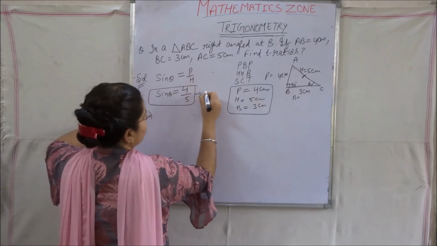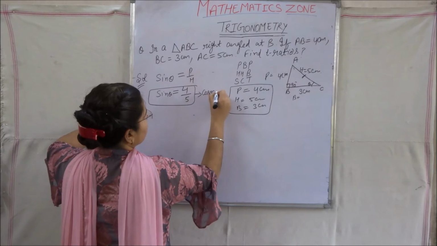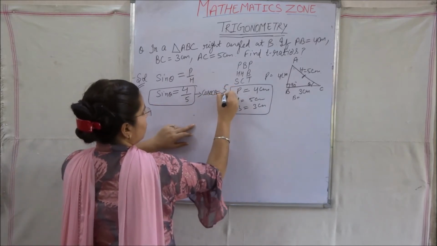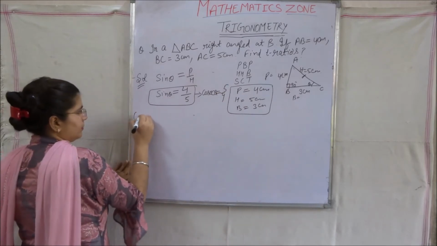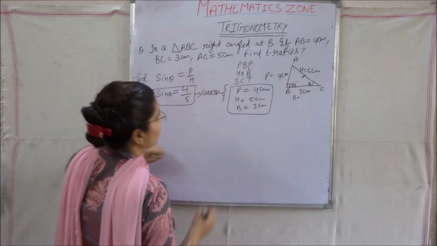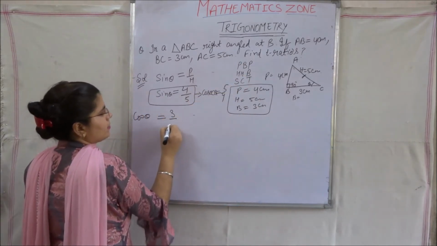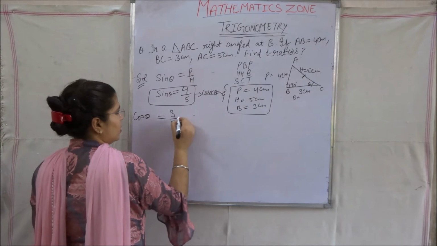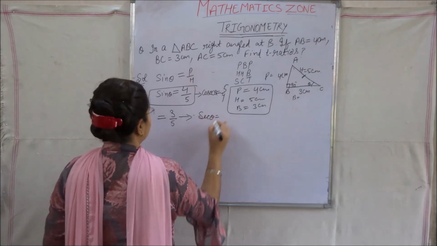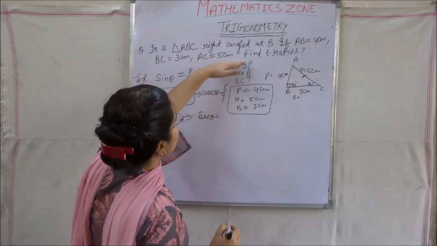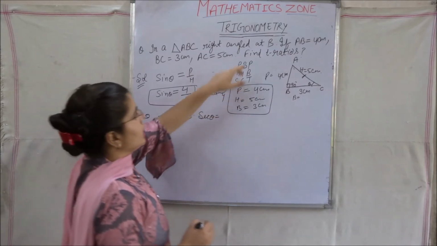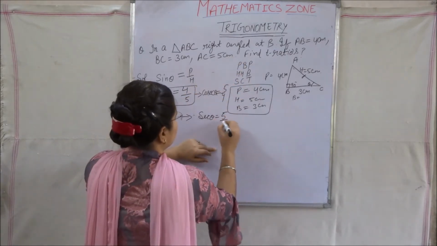In a similar way, as cosec theta is the reciprocal of sin theta, cosec theta will be 5 upon 4. Now cos theta. Cos theta is B upon H, that is B is 3 and H is 5. So 3 upon 5. In a similar way, sec theta will be simply H upon B, because it is the reciprocal of cos theta. So H upon B will be 5 upon 3.